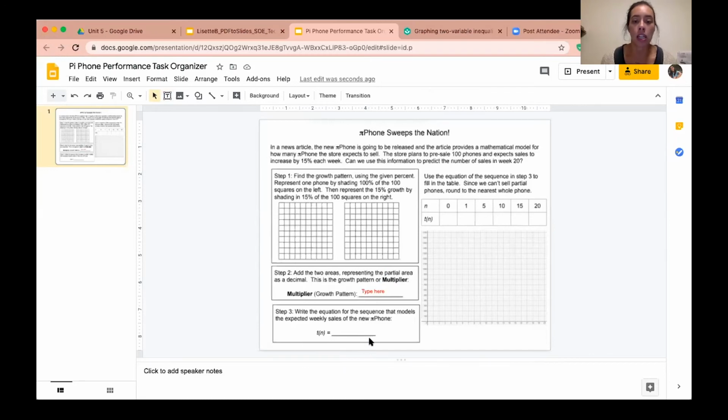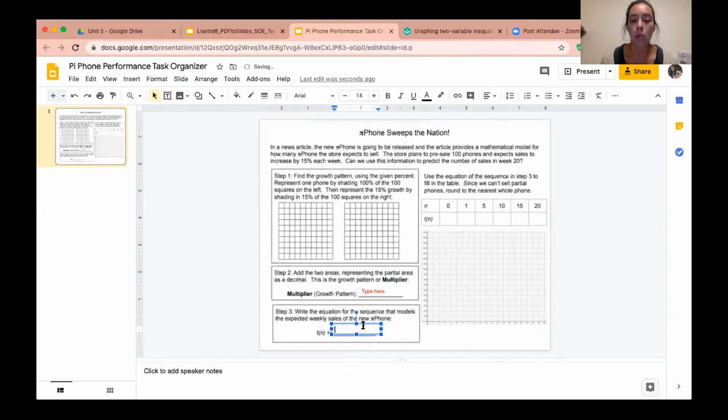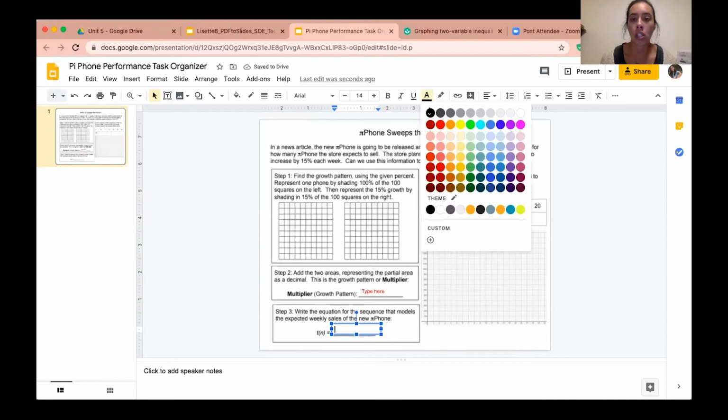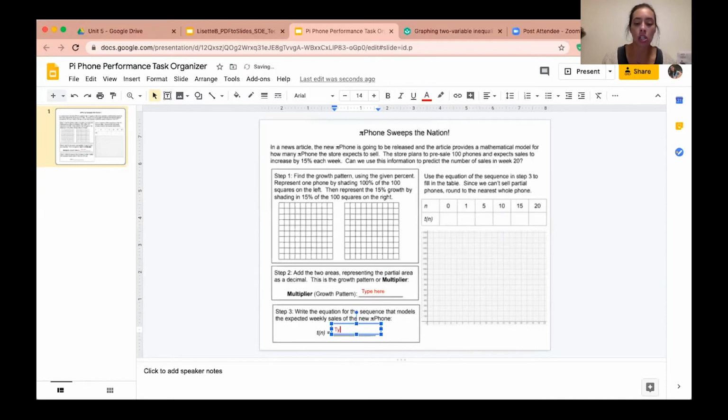So again, I need my students to fill in something here. So I need to put a text box there. So I'm going to insert a text box. I'm going to draw the text box for them, however big you want to make it. And again, I'm going to change the color of my font to red so their attention is drawn to wherever they need to fill in the text